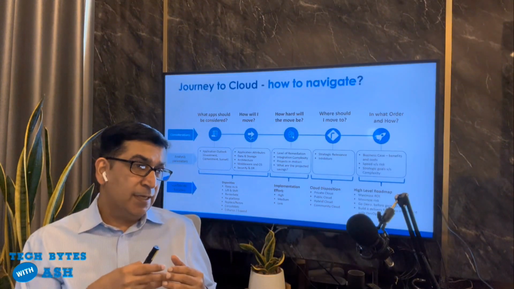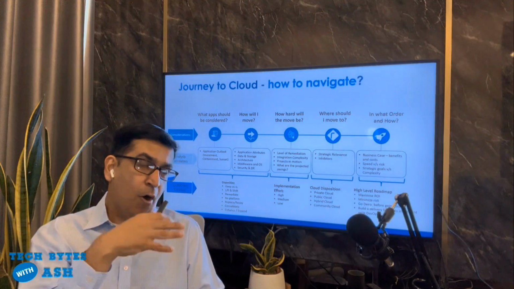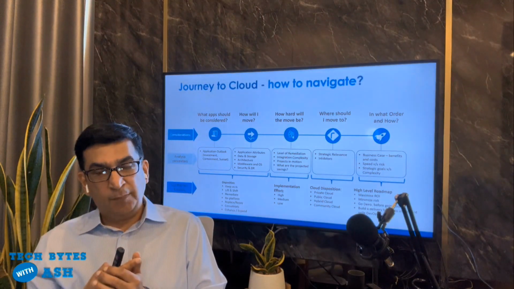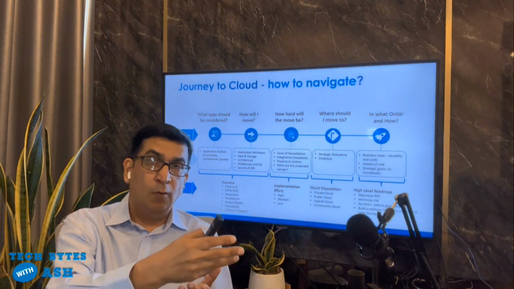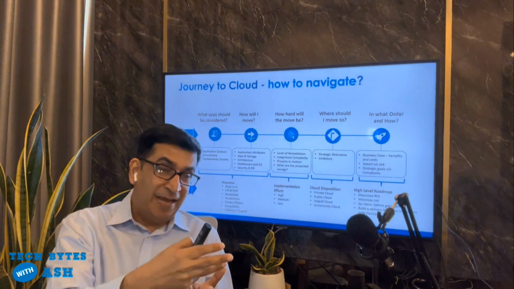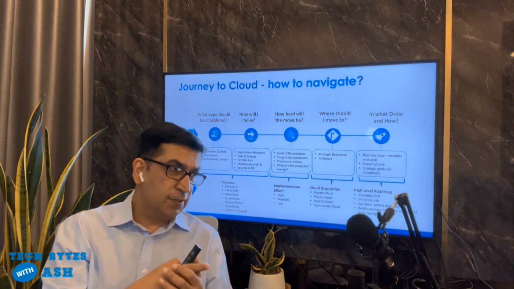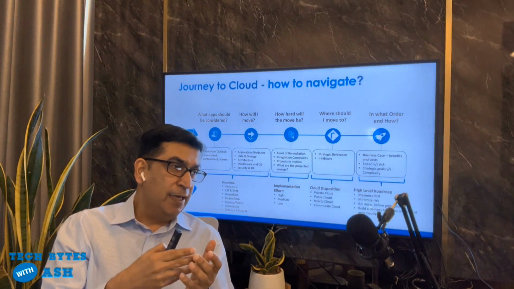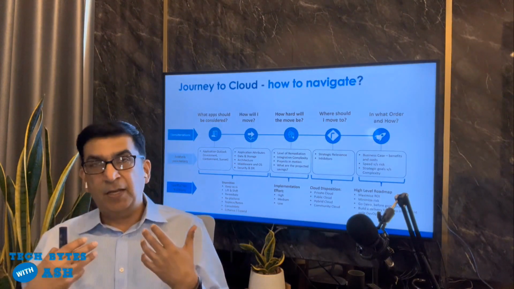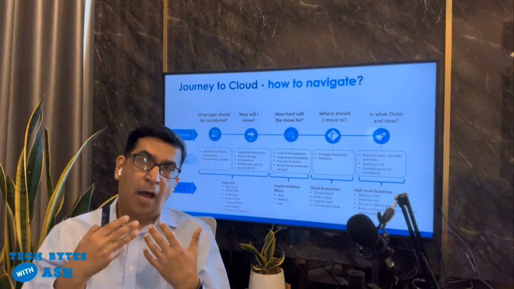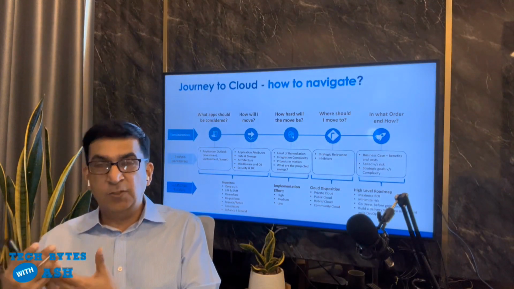And then the other piece is, once you've decided how you phase out those applications and keep on-prem and your cloud deployments together, where will they go? Should you host them on a public cloud? If so, which ones? Do you put all your bets in one cloud service provider, or do you hedge your bets through containerization? There are a lot of those decisions to be made. And then eventually, in what order? The sequencing is going to be important because that changes depending on your risk appetite, depending on how you are taking some of your assets and deploying them for eventually the consumers using them.